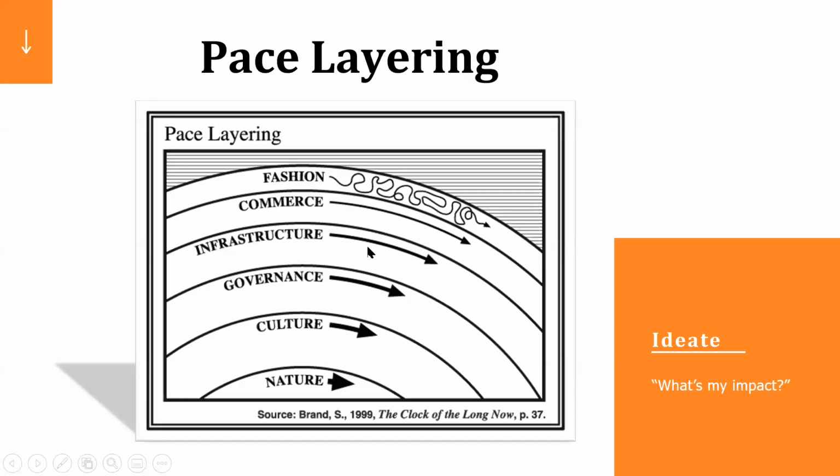Infrastructure are the things that we need to change and also monitor for the next 3 to 5 years. Governance for the next 10 years. So it's like you see a vision for the next 10 years that we need to anticipate. Culture are the things that we need to anticipate and to also change for the next 15 to 20 years. And nature are the things that we can change within the next 30 years, or when we change generation, right?